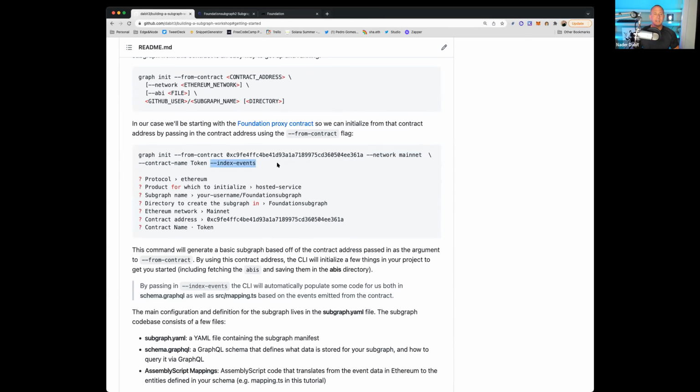And then we have this index events flag. And this is going to be brand new for sure to anyone that's not really familiar with how blockchain works or how Ethereum works. But let me describe this so it makes a little more sense. And we're going to be diving into this a little bit more as well. And hopefully by the end of this, you'll have a good idea around what events are. So when we think of a GraphQL API, for example, a good example of what this might relate to from what we're used to is that in a GraphQL API, we have this idea of a subscription, right?